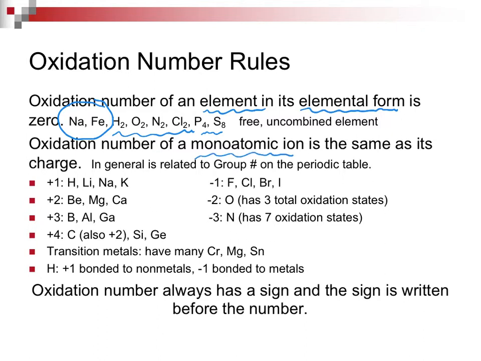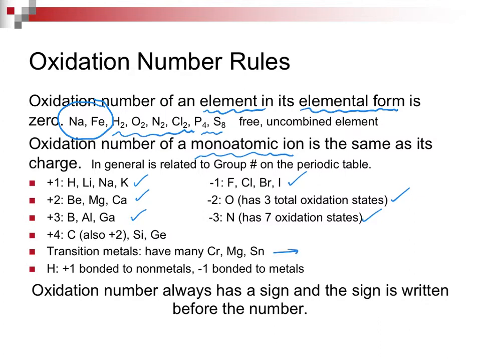So pull out a periodic table and see where these things are, and you can, in your mind, set +1, +2, +3, +4. Those are for the metals. Go to the other side and look at the nonmetals. Look at the halogens, look at the oxygen group and the nitrogen group. Those are those common oxidation numbers that you memorized back in chapter 2. Now we're going to use them in chapter 4.